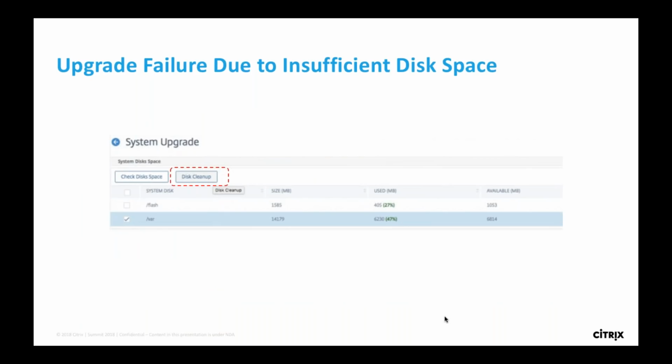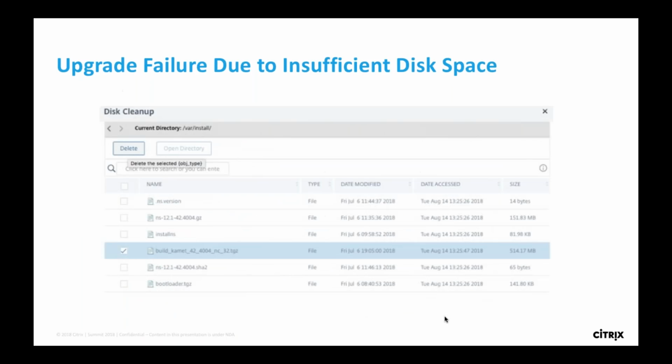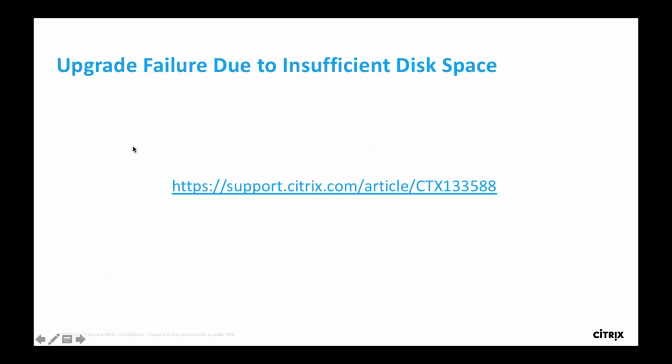After you check, you can also search for the file that you want to delete, and you can identify the file in the current directory, and then go and delete the file by clicking the delete option here. And now coming to what are the files that you can delete.